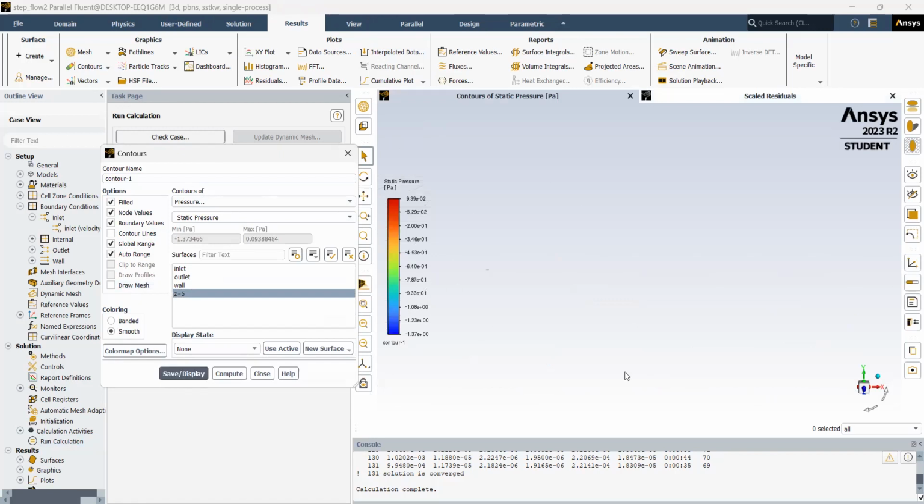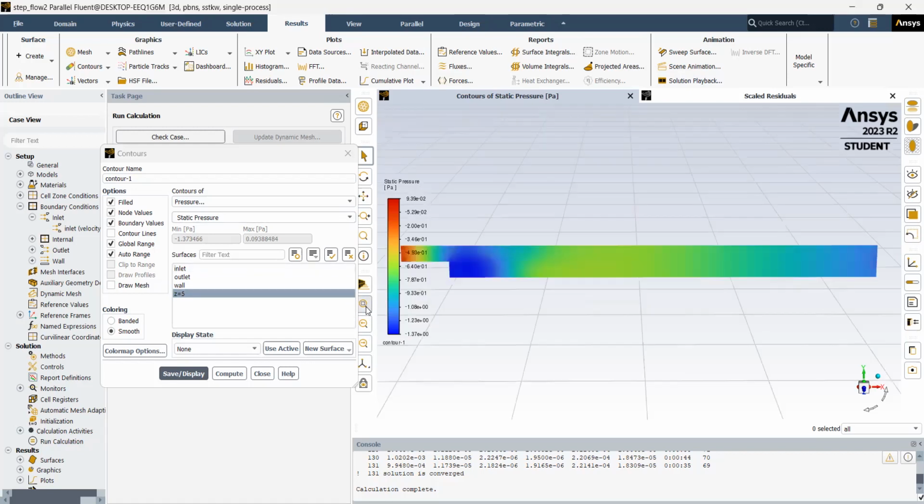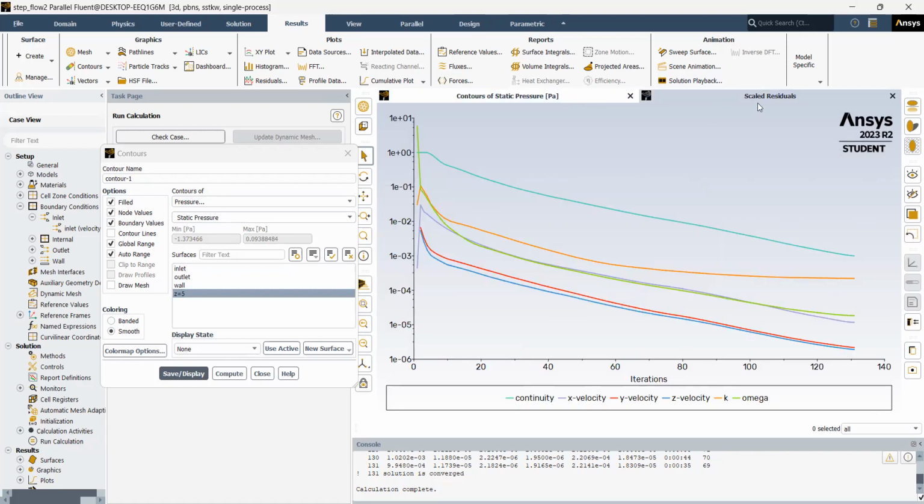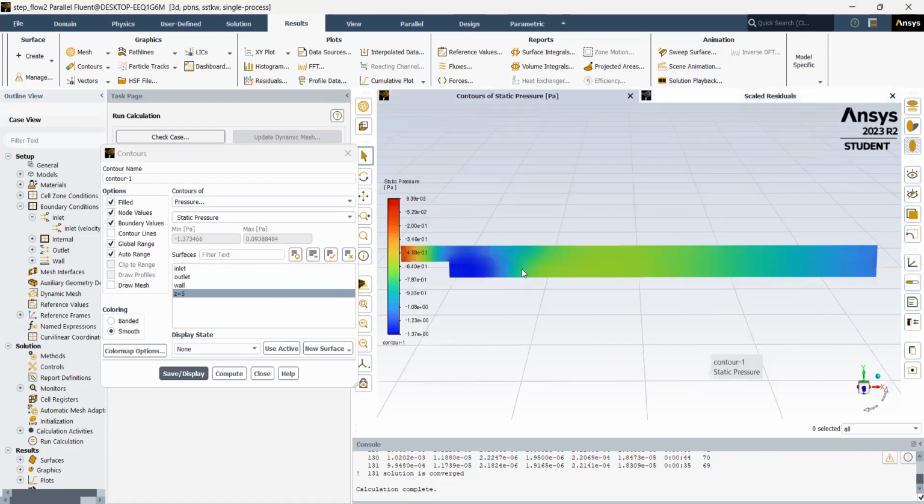And as you can see, nothing came up, but the geometry has just gotten lost in the results. So what we want to do is select this. And now it has popped up. So you have the scaled residuals, contour pressure. And now